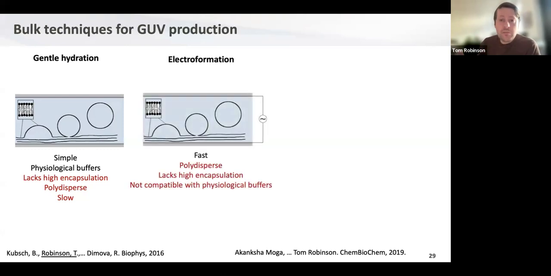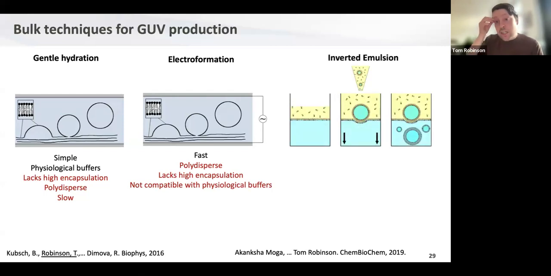So you can speed things up by applying an electric field, but you still have the issue with polydispersity, low encapsulation, and also, in addition, if you apply an electric field, you sometimes have issues with salt buffers and things like that. The alternative method is the inverted emulsion technique, which is used by fewer people, but it's becoming more and more popular, whereby you take